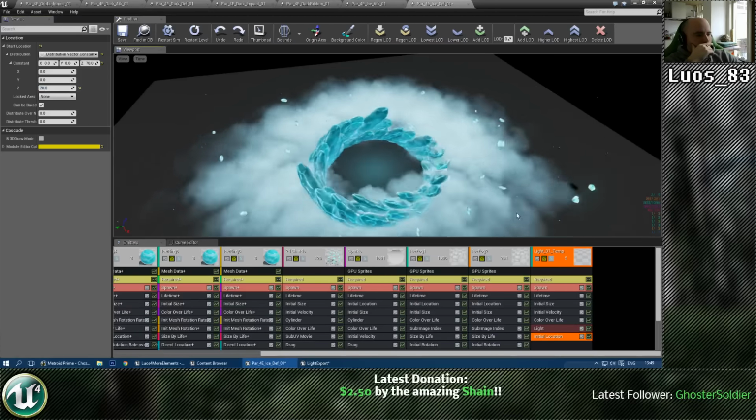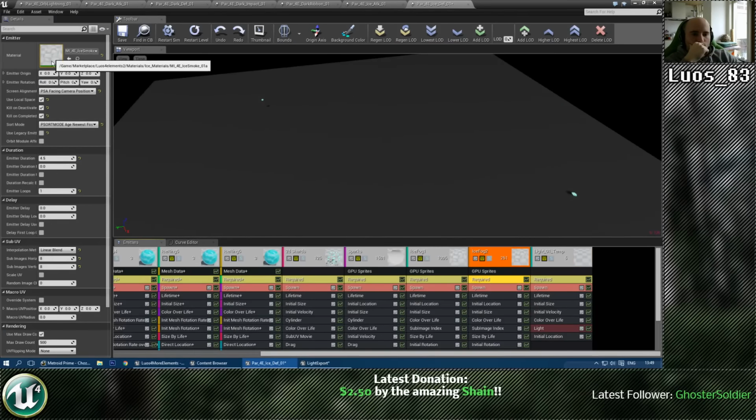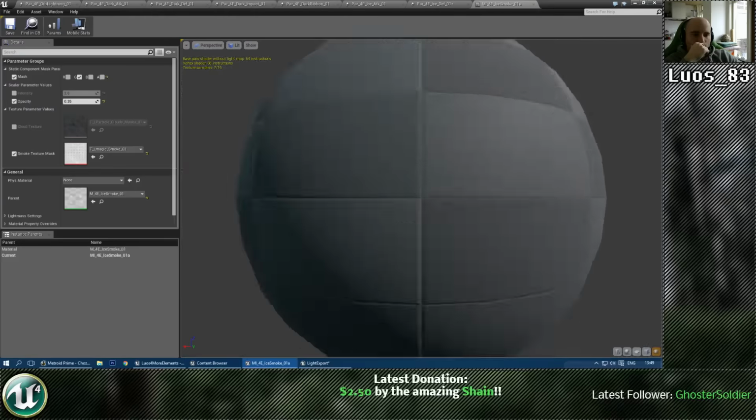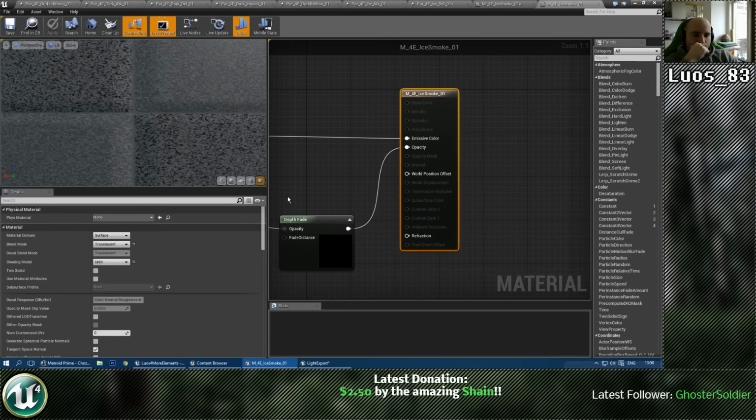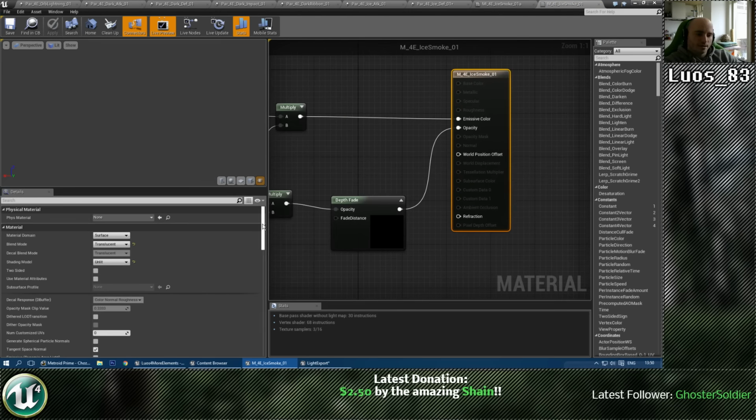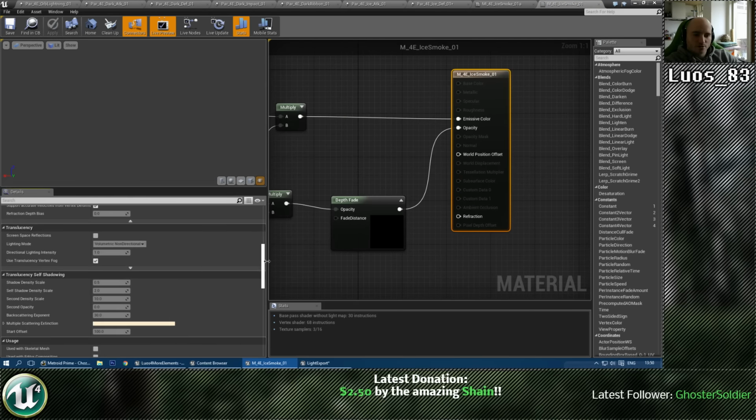Now I did learn some new tricks, I think, with the smoke. Though that would make them a lot heavier. Let me double check. Yeah, they are unlit. I could set them to actually use the different lighting mode, but